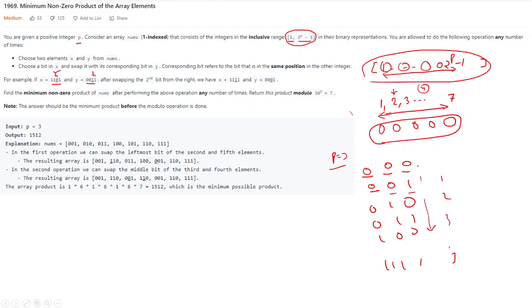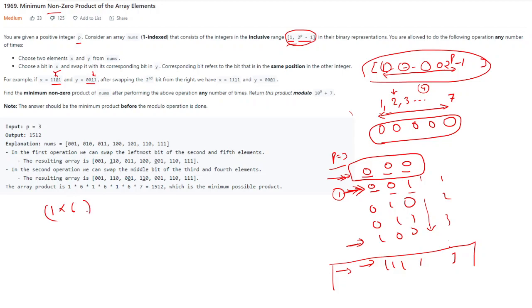Now when we generate this, if you know the characteristics, the last one and the first one are complementary. The second last and the second one are complementary. When I say complementary, we get some idea that we might have to do something with this. We don't have to consider this 0, because it says non-zero product and it is starting from 1. This 0 was complementary with the last one, so the last one is not in our consideration for the time being. Our consideration is the second one and the second last one, like that. So 1 and 6 we can take, 2 and 5 we can take, they are complementary. We can take 3 and 4.